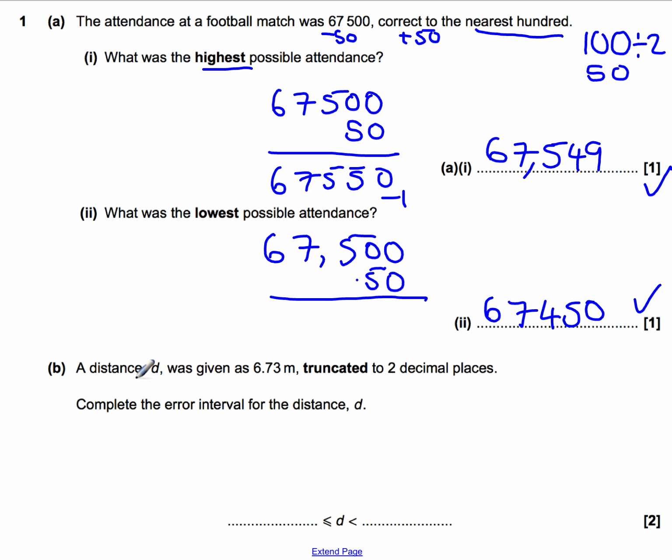Now let's look at this. The distance D was given as 6.73 meters, truncated to 2 decimal places. So it's saying it got cut off at 2 decimal places, so there were more decimals here. It says complete the error interval. Okay, so your error interval would be going into the next decimal. So at 2 decimal places, we've got